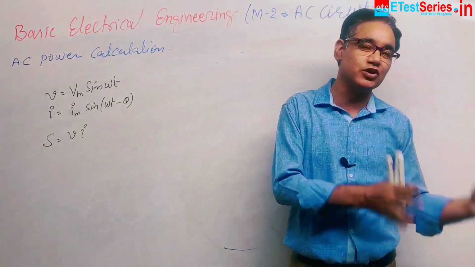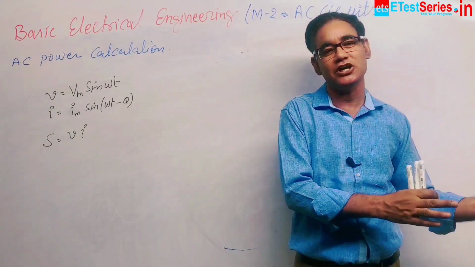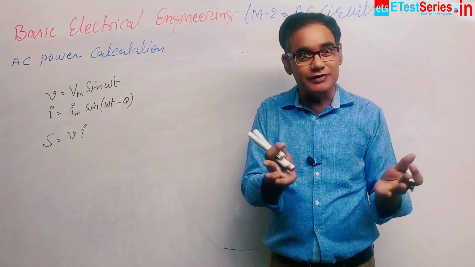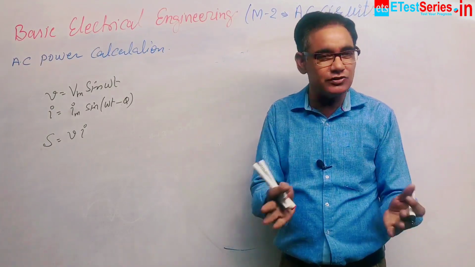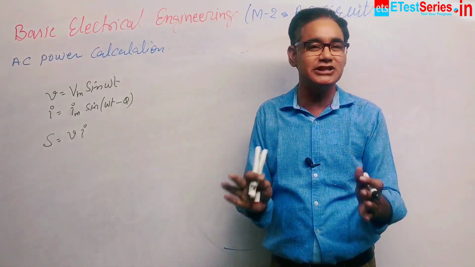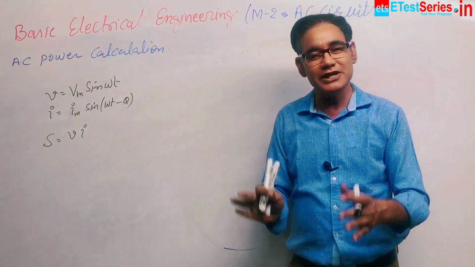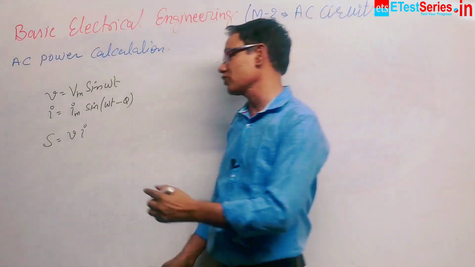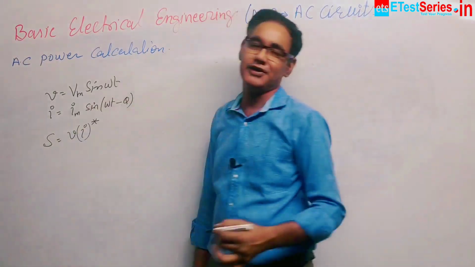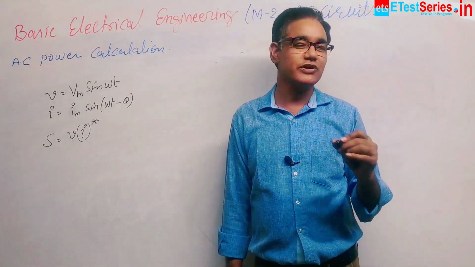So it may be the cos theta of the angle, it may be the sin theta of the angle. So the angle is the difference of the angle. If we multiply these two things, then the multiplication gives the addition of the angle. Multiplication always gives the addition of the angle. So to take the difference of the angle, we take the complex conjugate of one of the quantities.